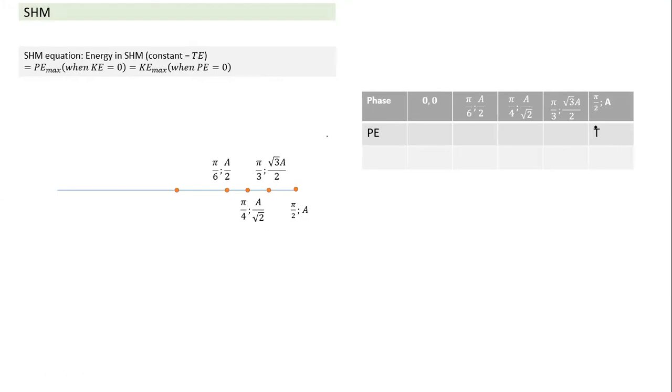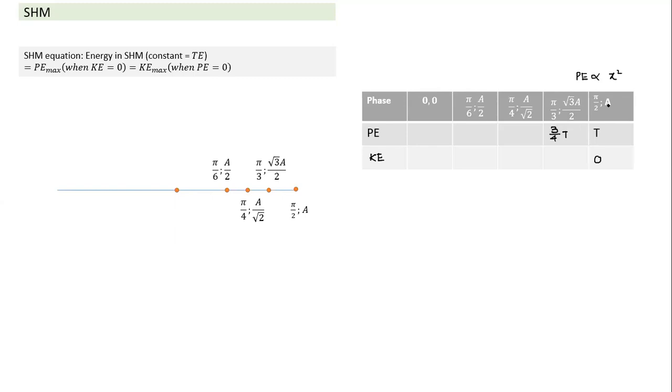If total energy is T, when the particle is at the extreme point, kinetic energy is 0 and potential energy is T. So this is total energy, at this point kinetic energy is 0, and displacement is A. Potential energy is proportional to x square. So when the displacement becomes root 3 by 2 of A, potential energy becomes 3/4 of T.